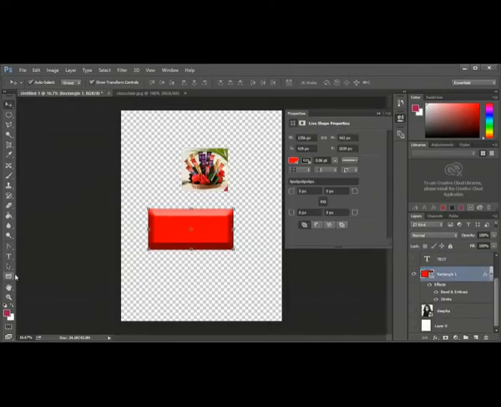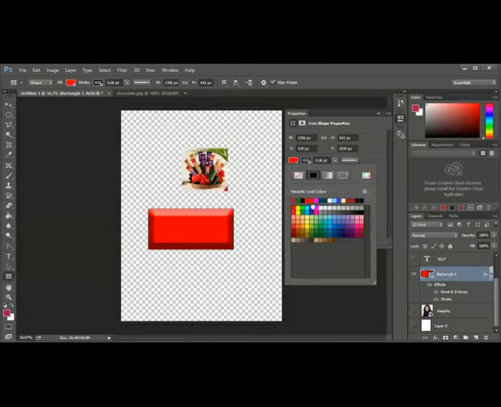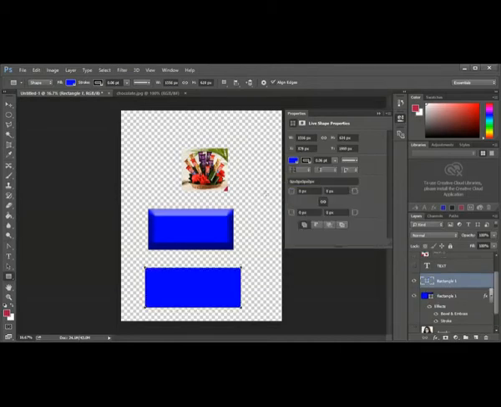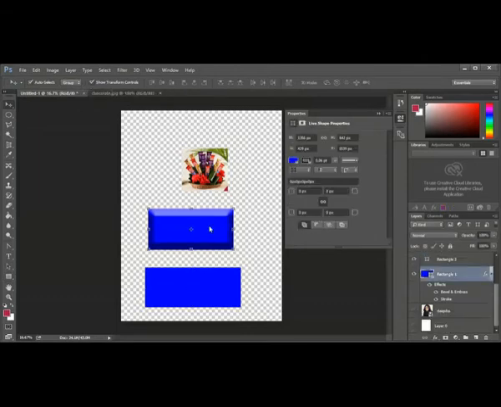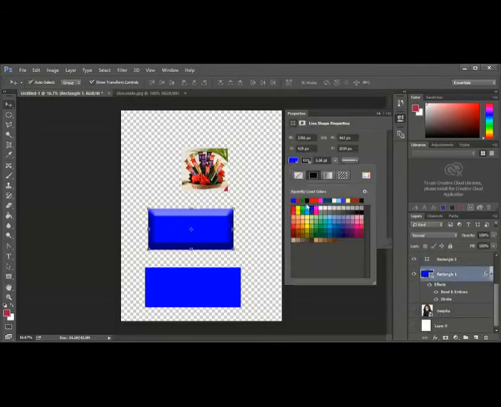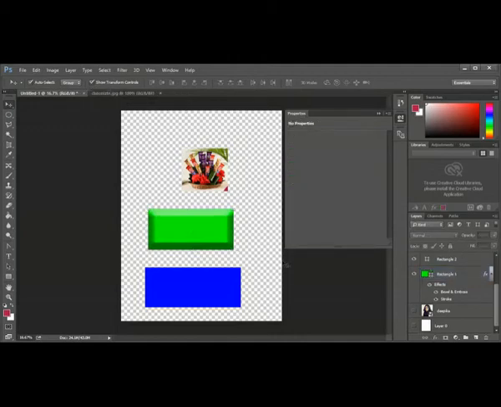I will create one more rectangle here with a different color, blue. I have two objects here.